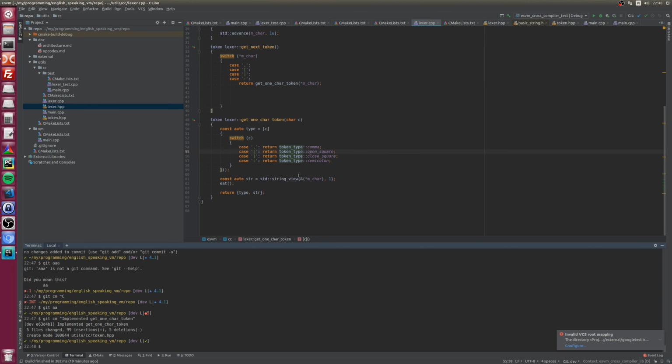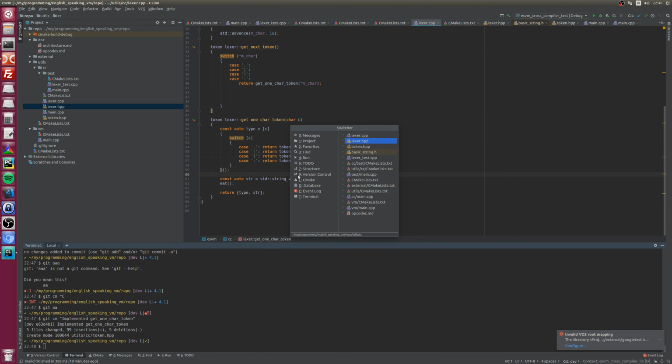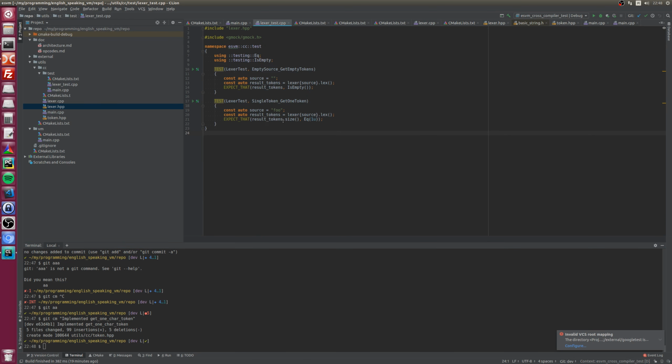Get one char token. Let's write a test for this. Okay, it's kind of late. So yeah, let's write tests and finish for now. So it would be good to implement parameterized tests.